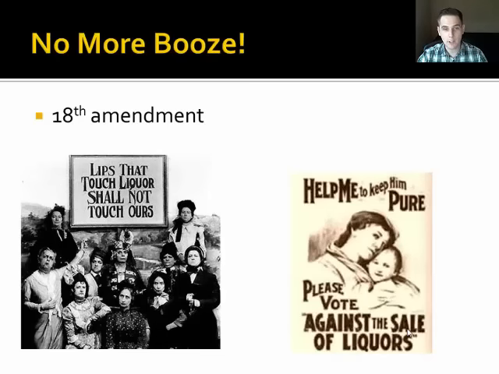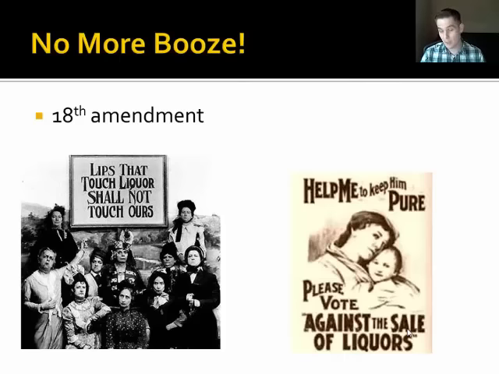18th Amendment. The 18th Amendment says no more booze, no more beer, no more wine, no more drinking any alcoholic beverages at all. It was part of this huge purity movement where, especially by women's groups, saying that this is the problem of America. This is why sin is happening. This is why people make bad decisions and why corruption exists. And our children are going to grow up to be terrible people because people are drinking alcohol.